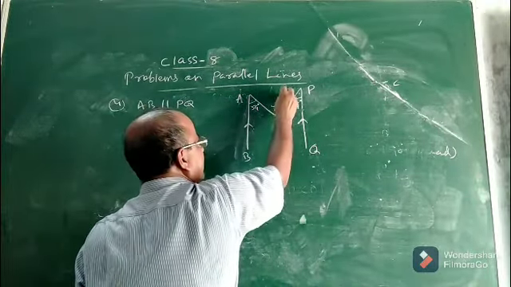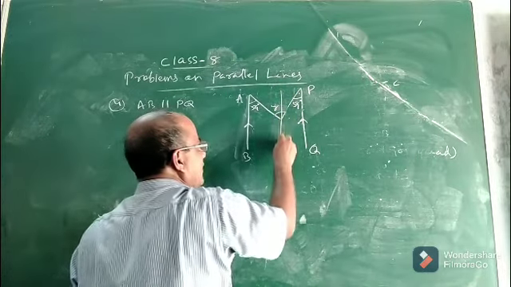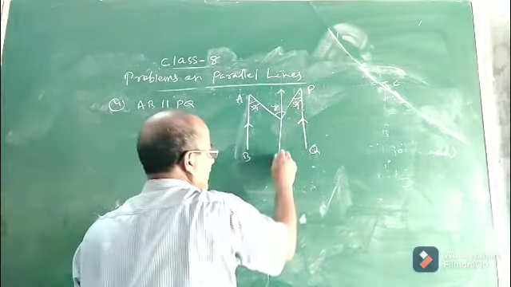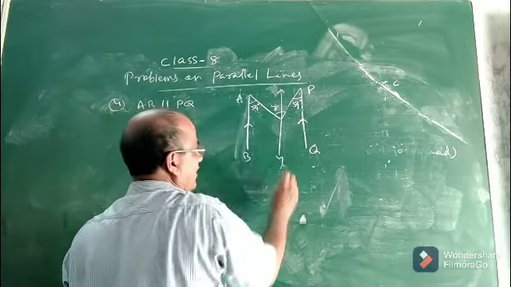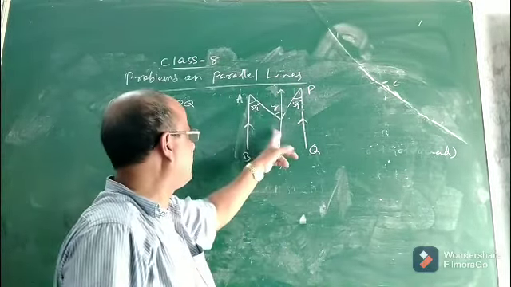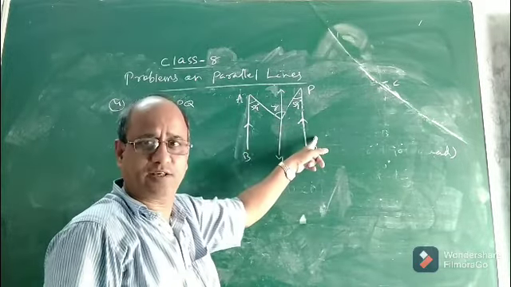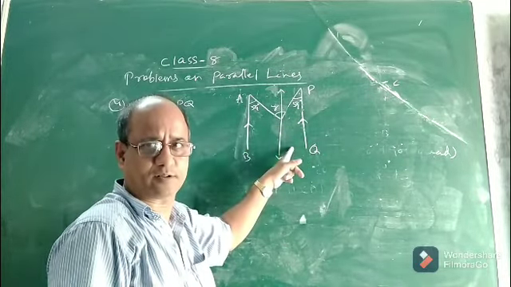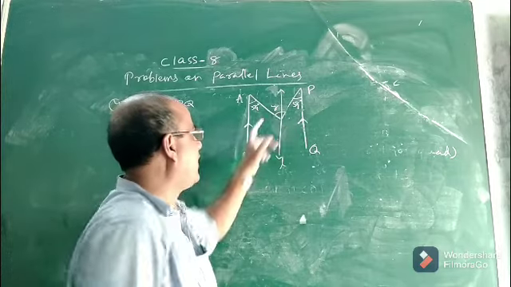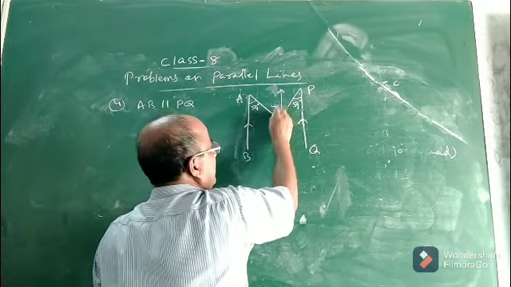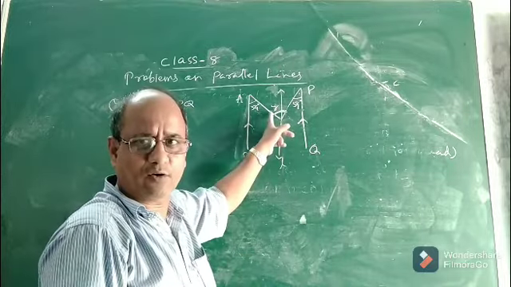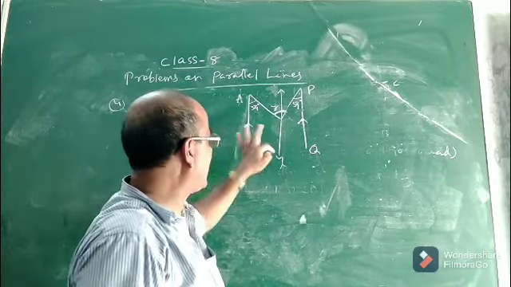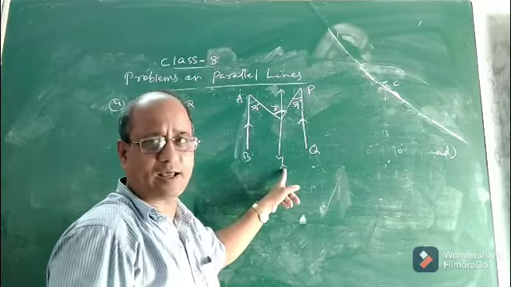See, this is angle Y. We can draw a parallel through this point. Suppose we draw a parallel line L, a line L parallel to both AB and PQ. We have to construct something. Our aim is to find the value of the total angle Y. To get the value of Y, you draw a line parallel to AB and PQ. Suppose the name of the line is L.